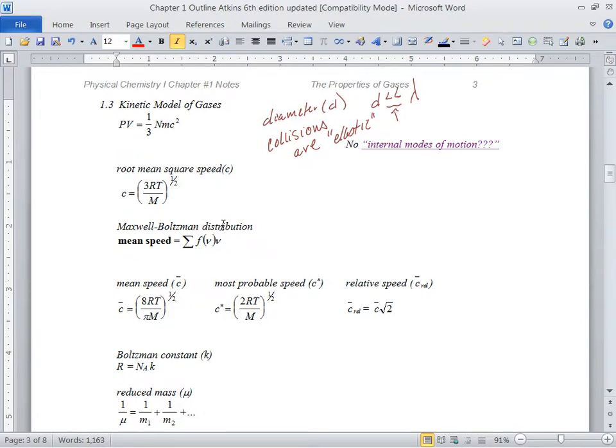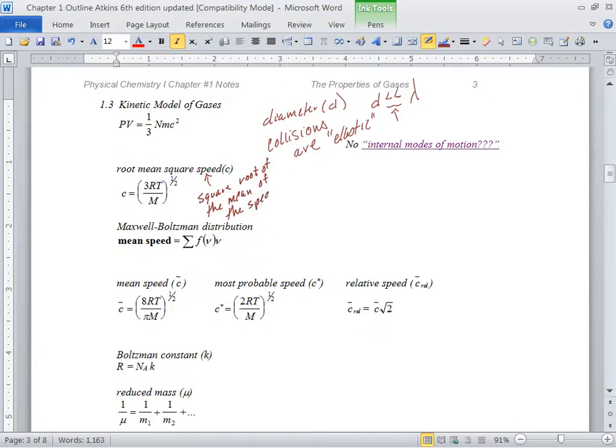The root mean square speed, okay. How can you put this in a better word? I guess you could say the root mean square speed is easier to say than what it actually is. What it actually is, is the square root of the mean of the speeds squared. Well, that's a lot more English, so they don't call it that. But that's what it is. You're taking the square root of the average of the speeds squared.